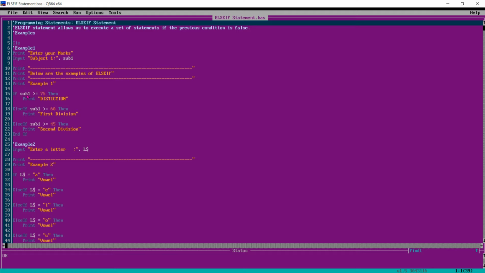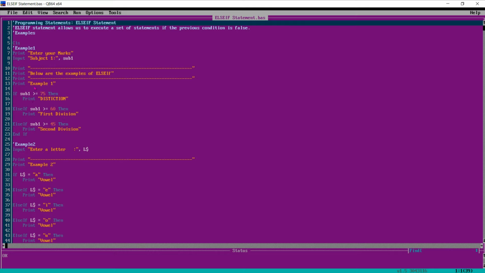First it will check the if condition. If subject 1 marks is greater than or equal to 75, then print distinction. Else if it is greater than 60, then print first division.